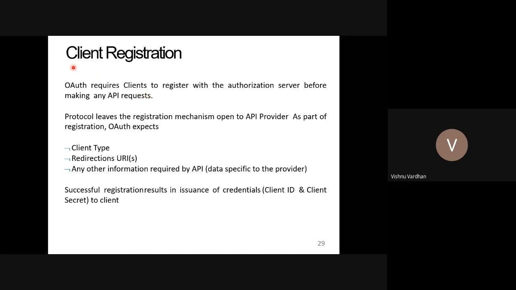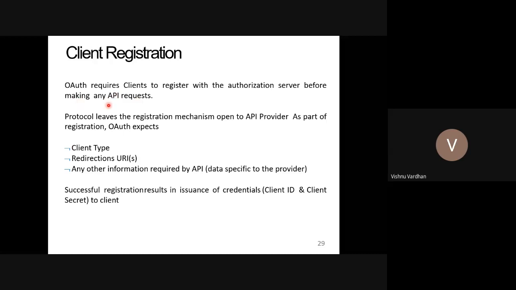First of all, printfast.com has to register with the authorization server before making any API request, because as a customer you are going to use printfast.com, and printfast.com is not the actual customer of Instagram. So it first has to identify itself, so that the authorization server will allow the resources on behalf of the customers.